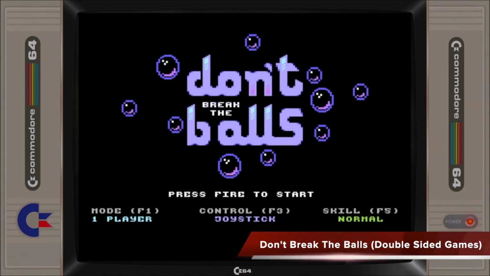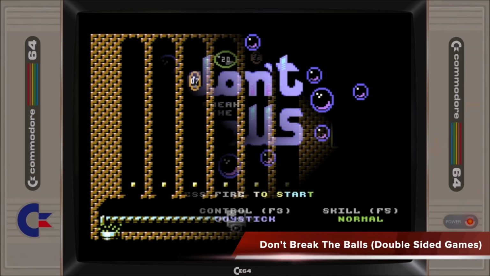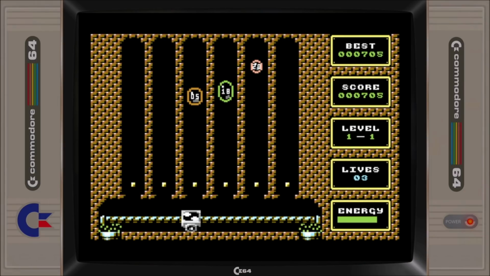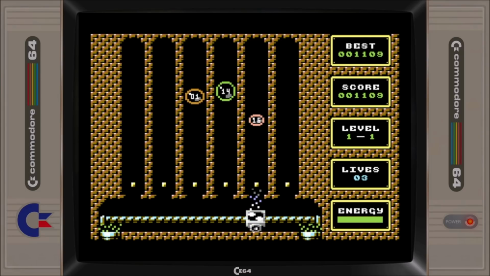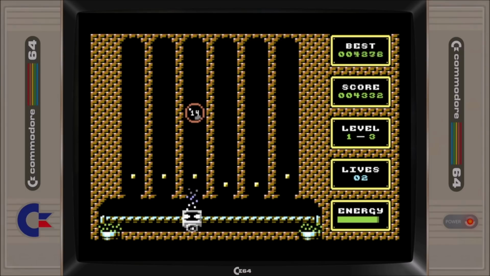Double-Sided Games has finally opened up Don't Break the Balls for pre-orders. We featured the game way back in September 2020, but unfortunately a number of events have conspired to delay the game's release until now. Just to recap, Don't Break the Balls is an arcade puzzle game that sees you controlling a fan at the bottom of the screen with the aim to blow falling bubbles back up in order to